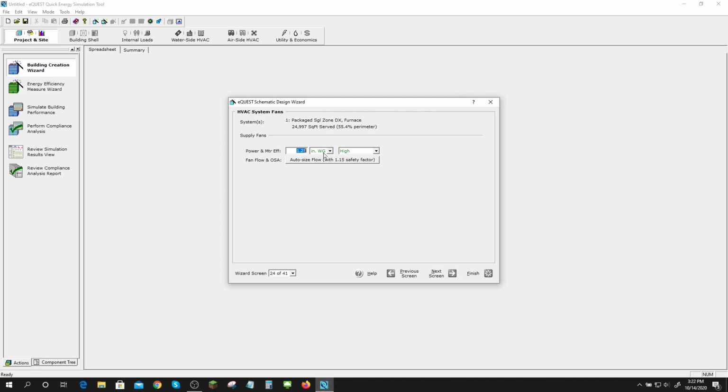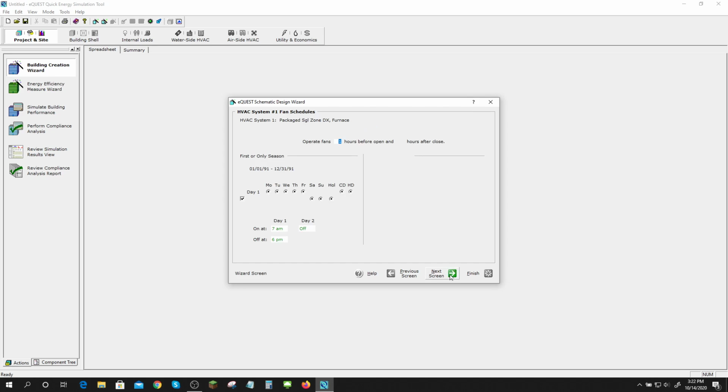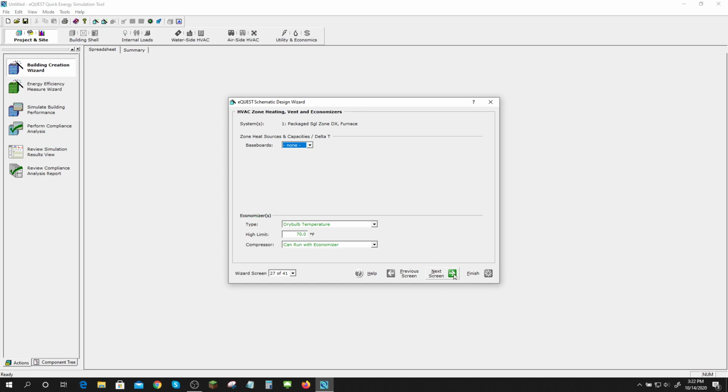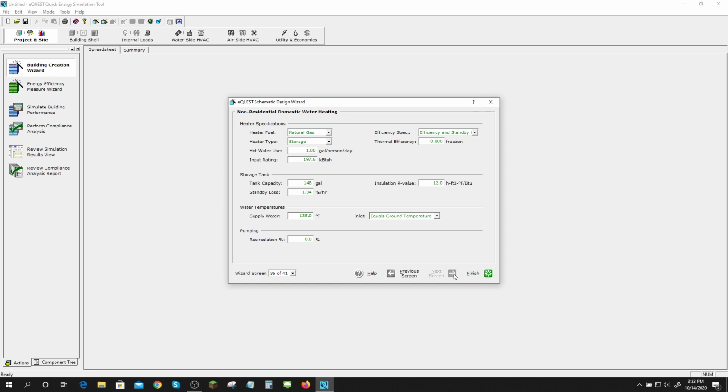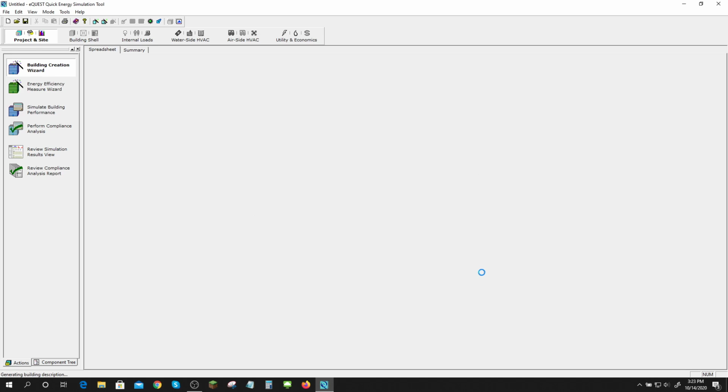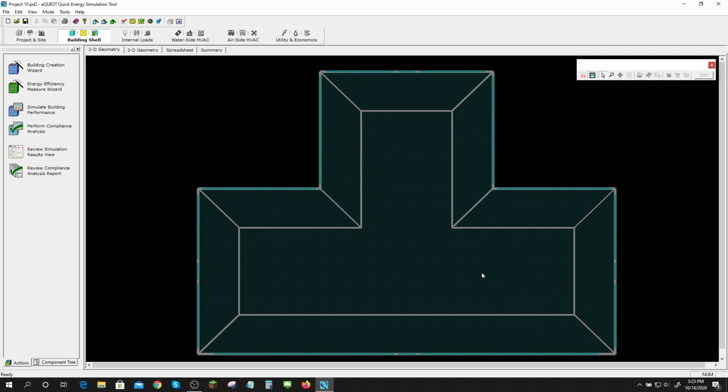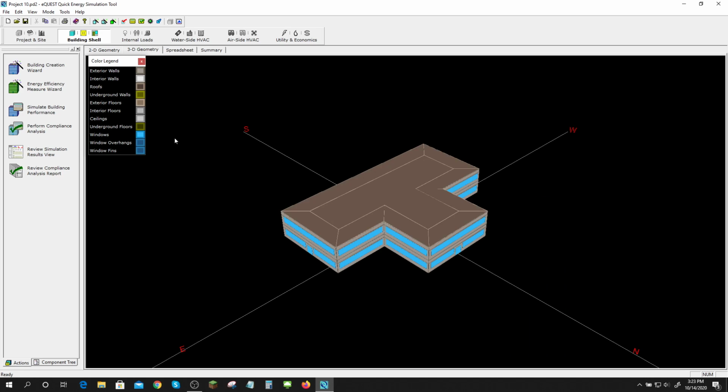And same with the pressure of the fans, and when the fans are on, or normal. So everything's pretty much normal. Let's see what happens here. It's processing. And there's my building. And that's what it looks like. And you can see there's a door, there's windows, and it's T-shaped, and the T is facing the north direction